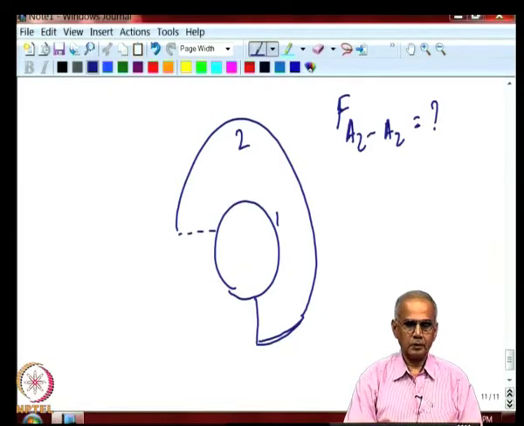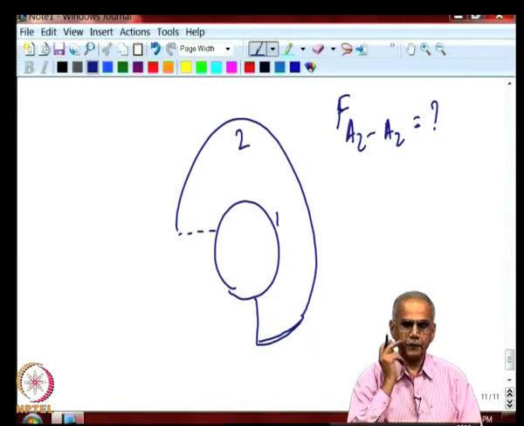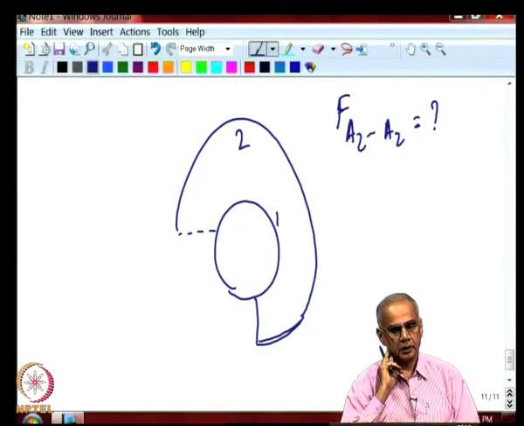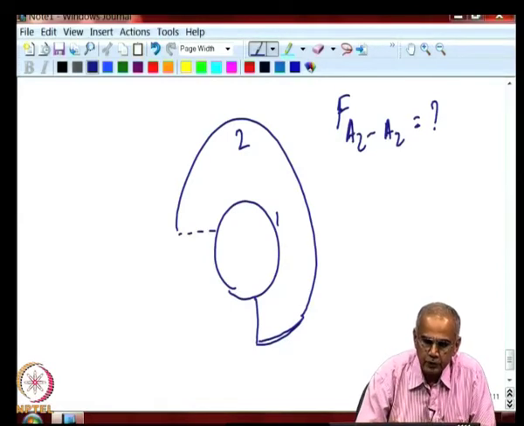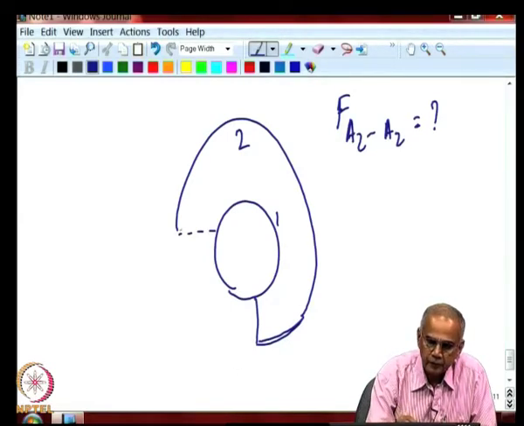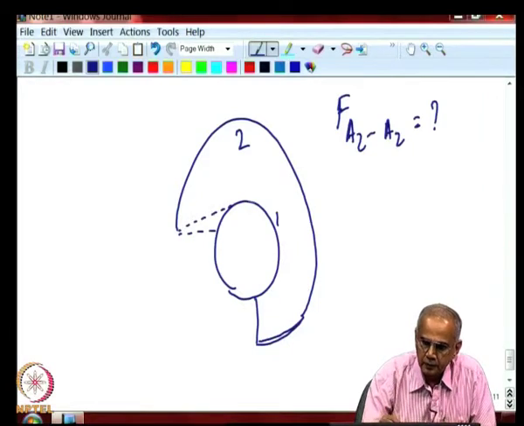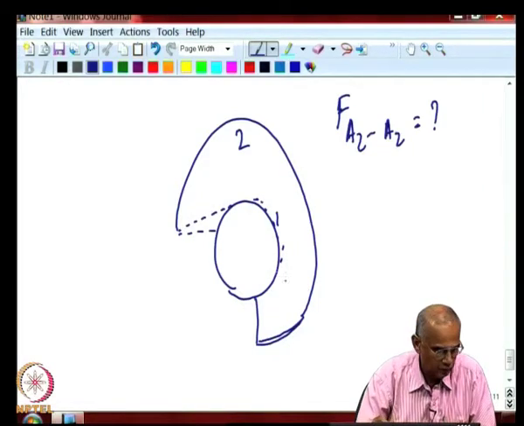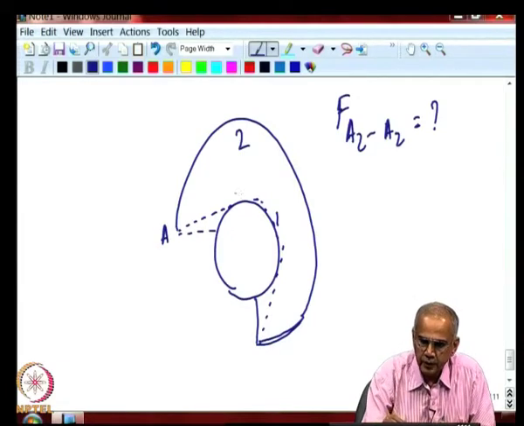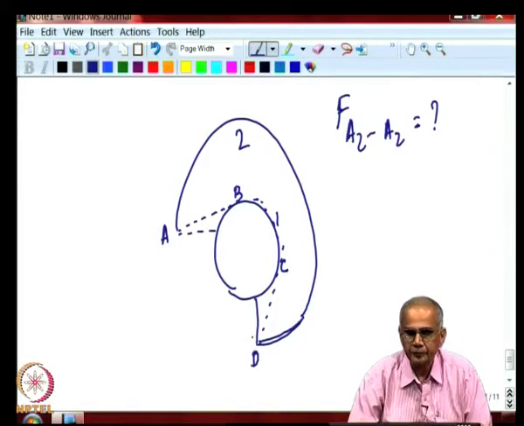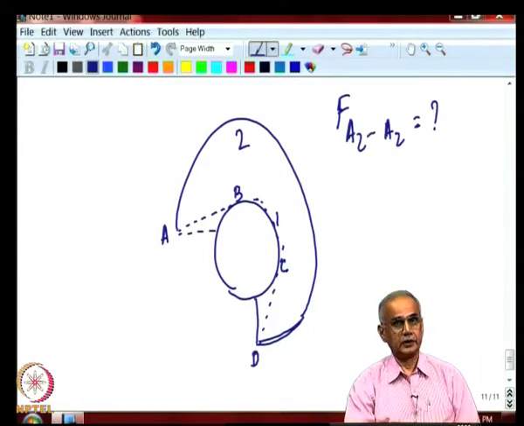Now, what is the difficulty here? The problem is somewhat involved. So, the best way to do this problem is to construct an imaginary surface. Notice that this surface A is tangent to B, curved surface D and tangent to D, ABCD. ABCD is a convex surface.